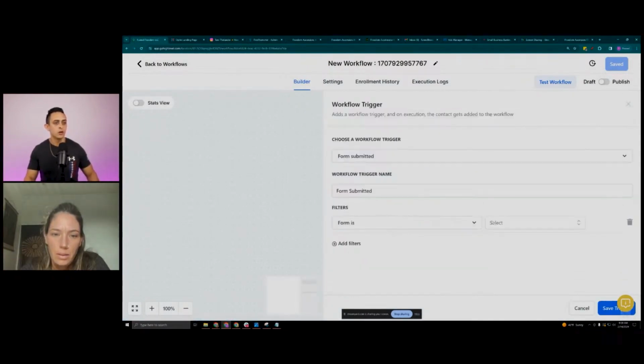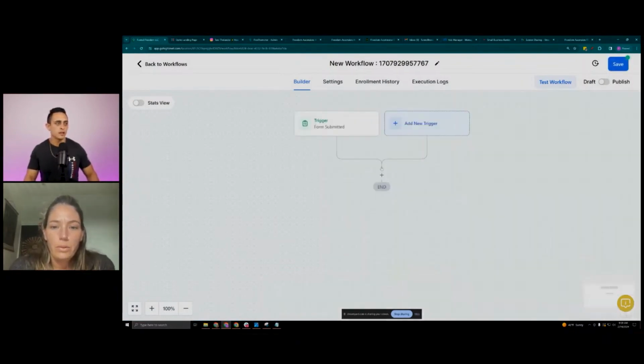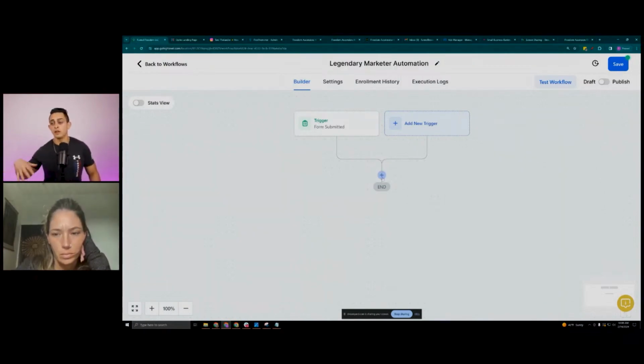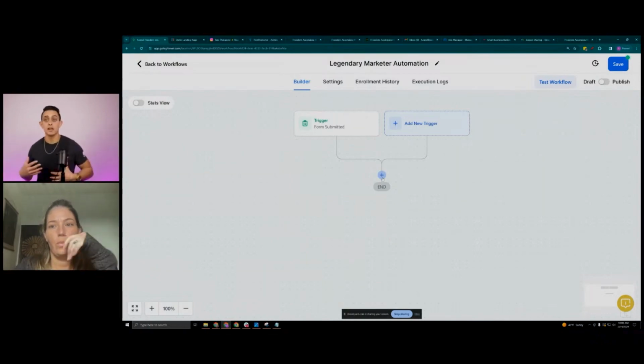And then if the form is legendary marketer opt-in, you see that? Okay, so that just says, hey, if someone enters their email from the legendary marketer form, do this. Okay. So now let's go ahead and just start building this out. And then once you're happy with this, that's when I'm going to say, let's make the switch